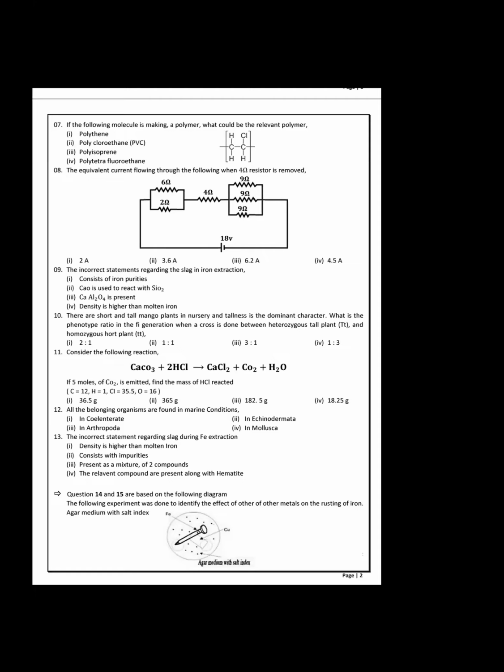This is the model. Okay, so you can understand. Questions 14 and 15 are based on the following diagram. The following experiment was done to identify the